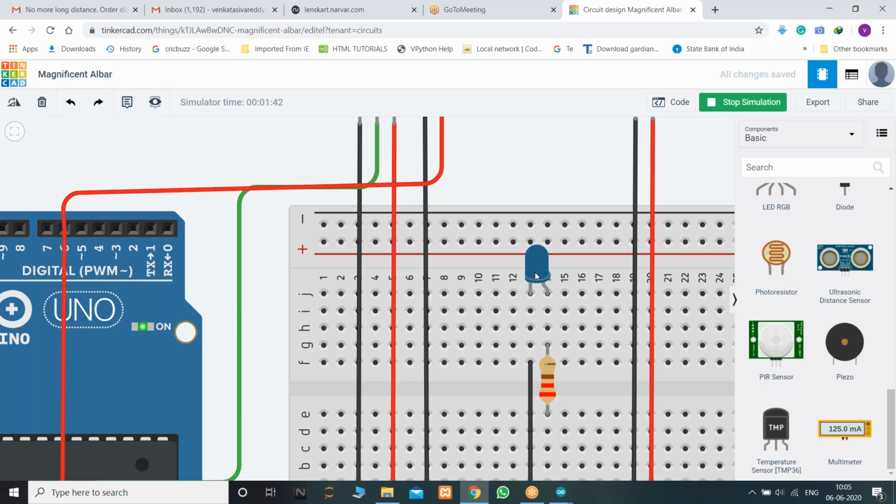Yes, delay 1000 means 1 second, 2000 means 2 seconds. So there is a predefined library for delay. If you are defining a library, you may use for loops, 2 for loops, for creating a delay of 1 second. The loop should run for 16 into 10 power 6 times for making a 1 second delay, since I think the clock frequency is 16 here. Sorry, it's not 16. It's 1 by 16 into 10 power minus 6, so 10 power 6 times.